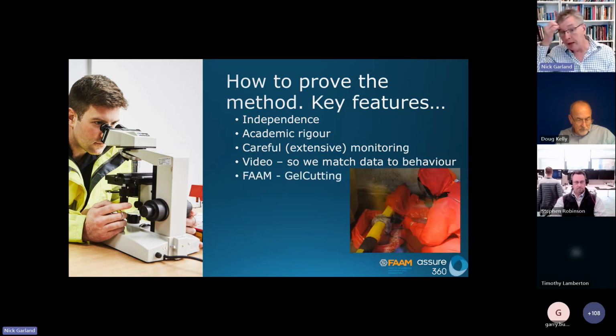Now, a good example of that has been the FAAM gel cutting exercise. Over the last year or so, we've selected a couple of sites, a couple of completely different licensed contractors, different analysts, different pipes, different work environments, and different operatives, obviously, as well. And then the project was designed in such a way that would actually ultimately lead to a peer-reviewed article, which is going to be going hopefully into the BOHS annals.